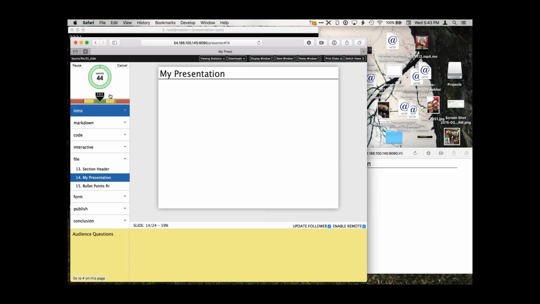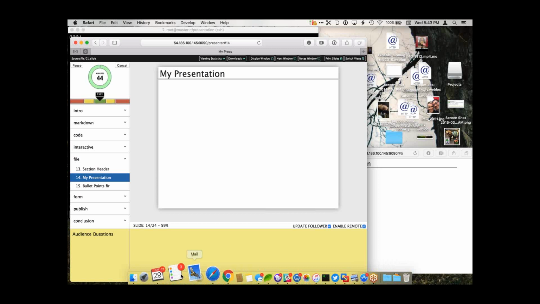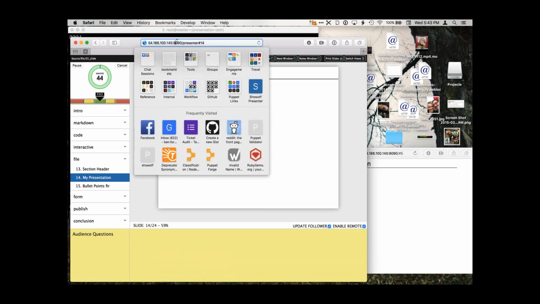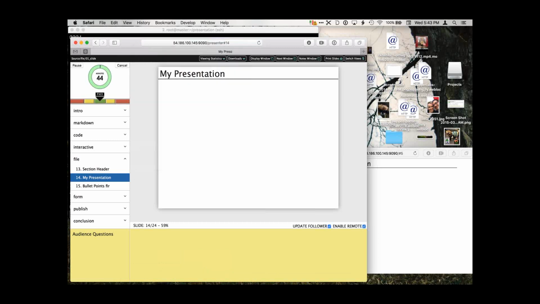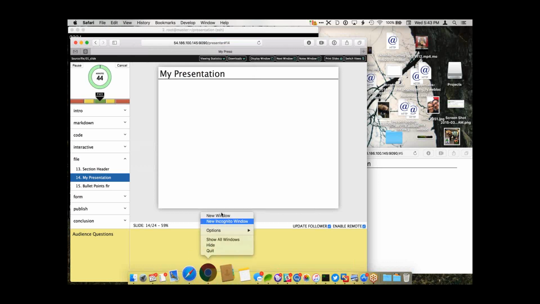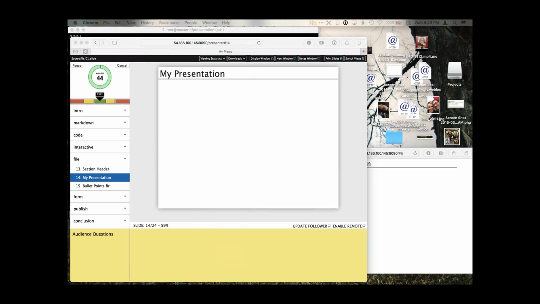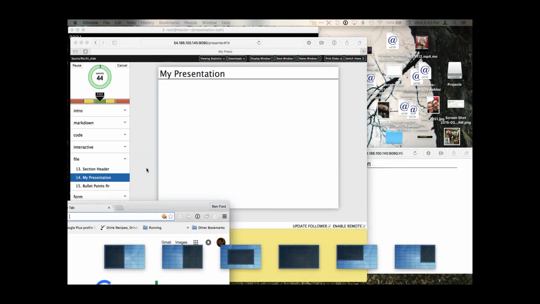There's this paste button. Let me open up a new window. I'll do it in Chrome, so it'll be very obvious that I'm not in the same one. That, of course, opens up completely on the other monitor, so I'll pull it back over here.